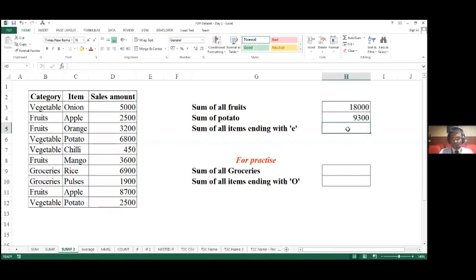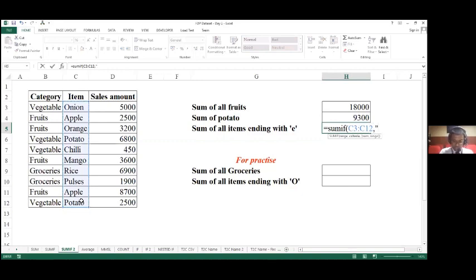Now I'm going to give you a demonstration of this once again. Equals SUMIF, open bracket, I'm defining my range. My range here is C3 to C12, comma, I'm going to define my criteria.